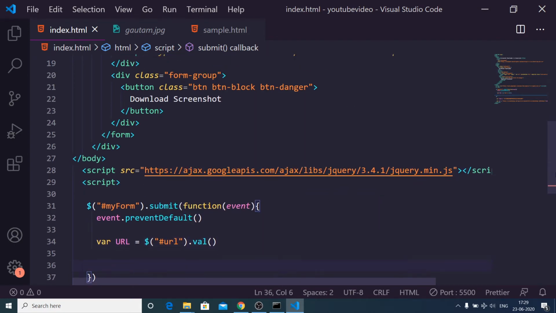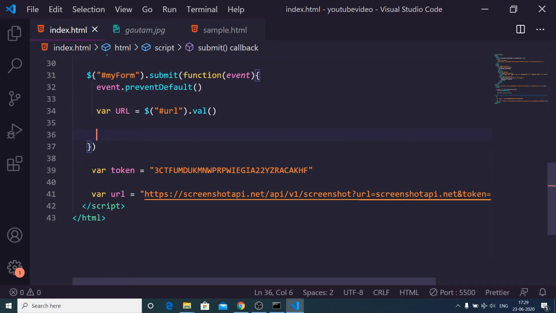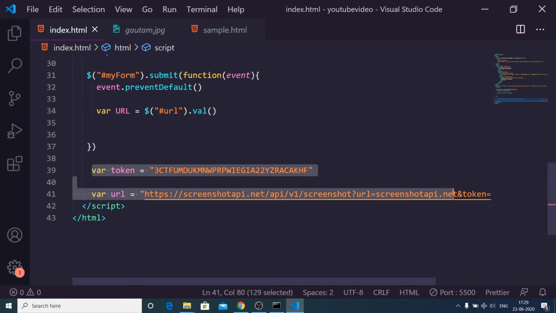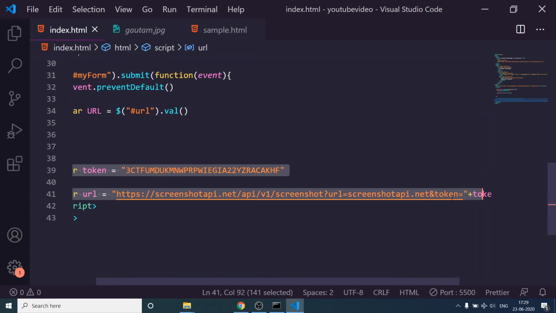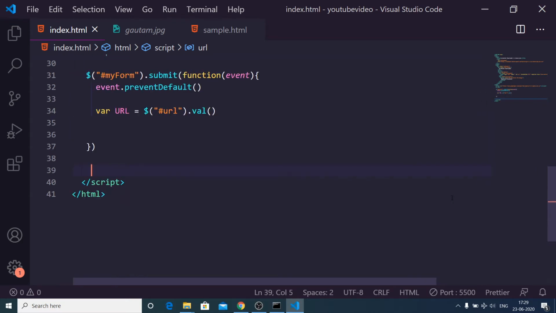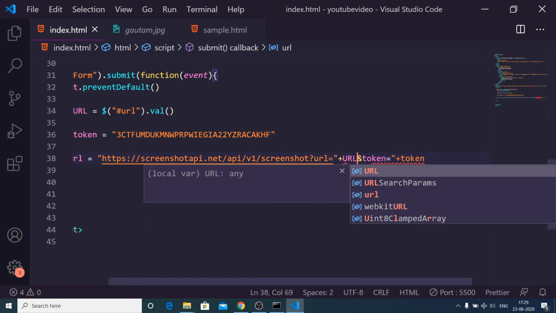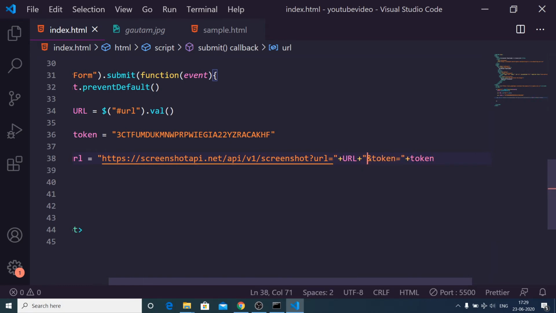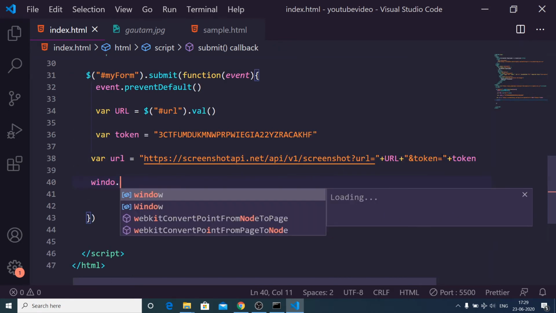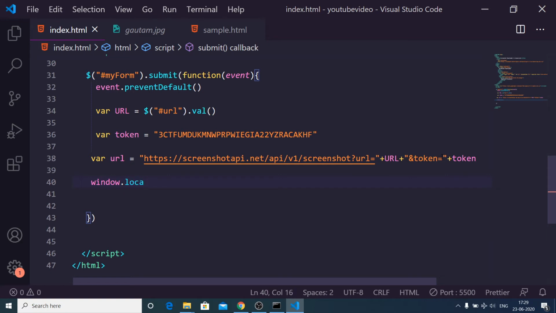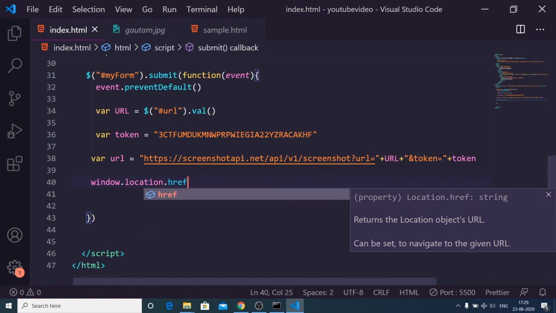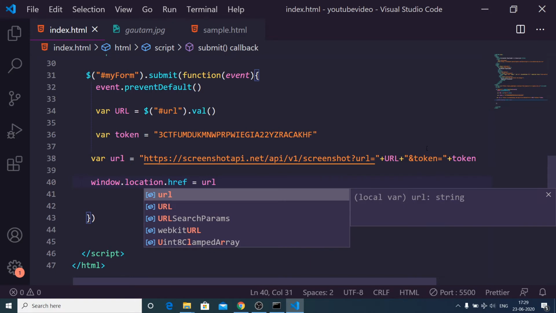That's it. Now we just need to copy and paste all this code here. We just need to replace the URL with the URL variable that we have initialized. Then we just need window.location.href, and we need to point it to the URL that we have specified.